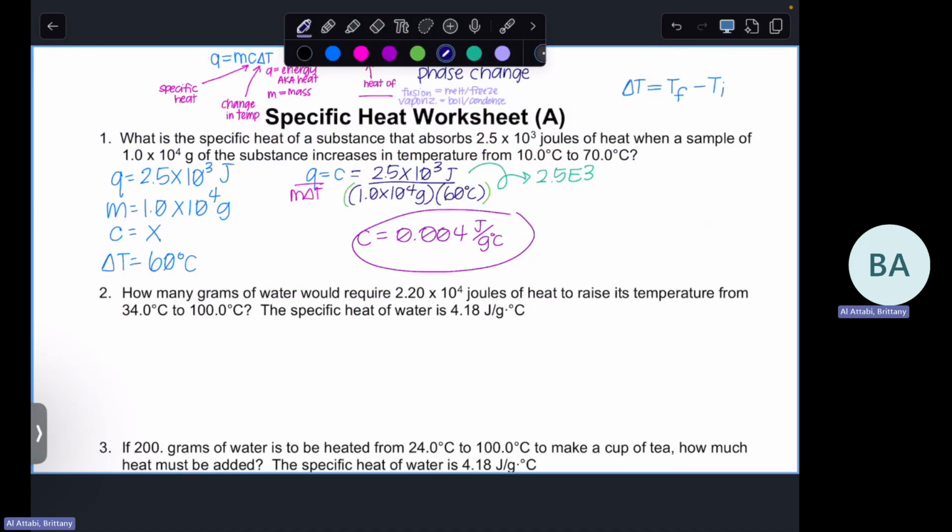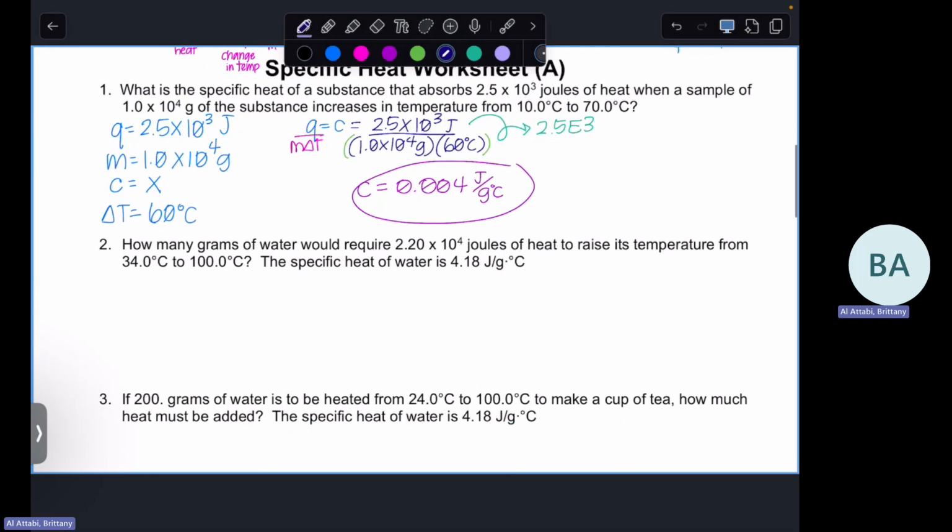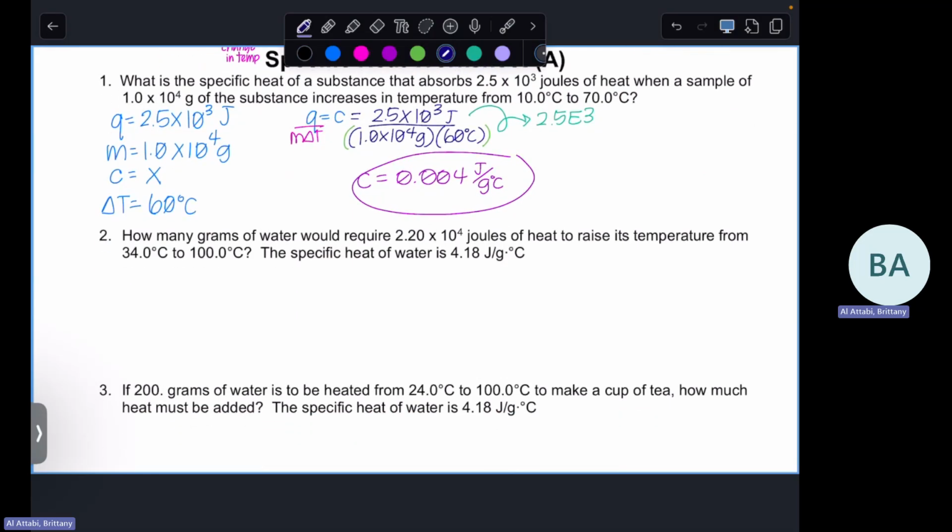All right, let's look at the next one. How many grams of water would require 2.20 times 10 to the fourth joules of heat to raise its temperature from 34 degrees to 100? The specific heat of water is 4.18 joules per gram degree Celsius. So,